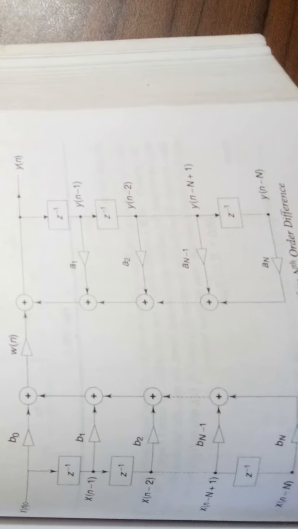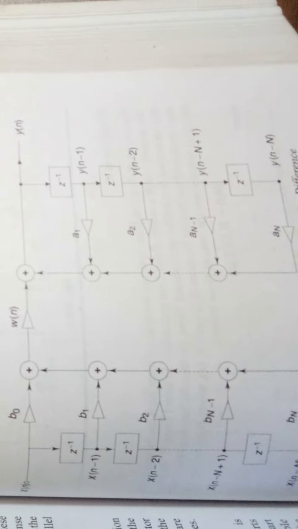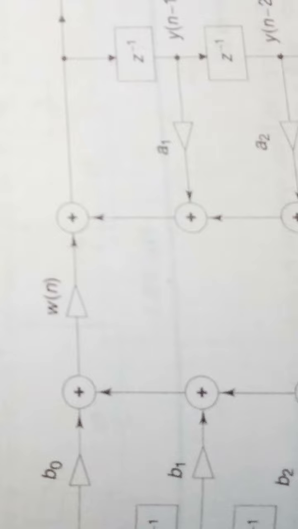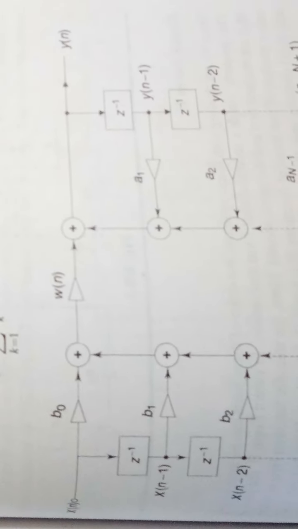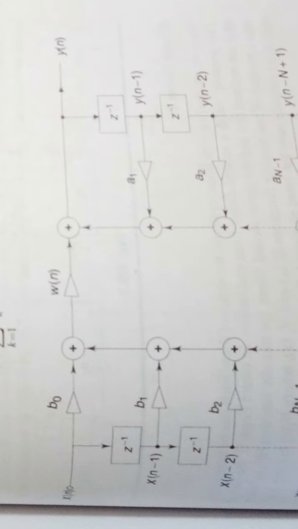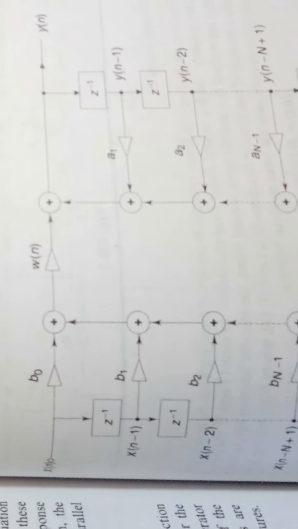This is the direct form realization. Here you can observe that the right side part is H2(z) and the left side part is H1(z). W1 is the intermediate part, or you can say the intermediate sequence, and this is how the block is drawn for the nth order. You can see the order.